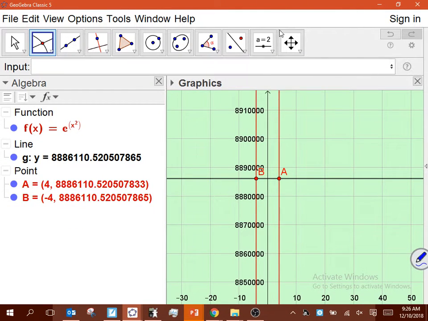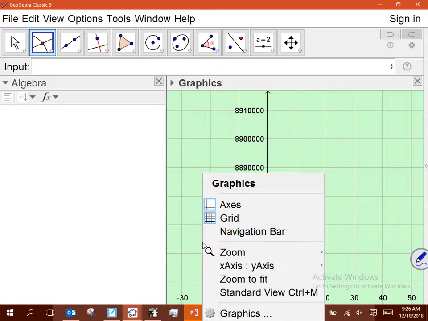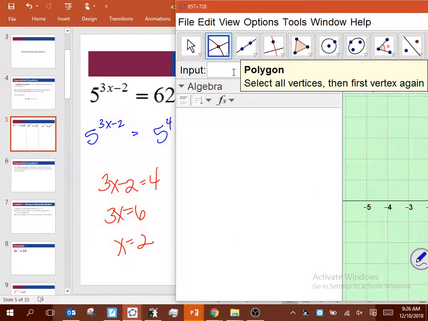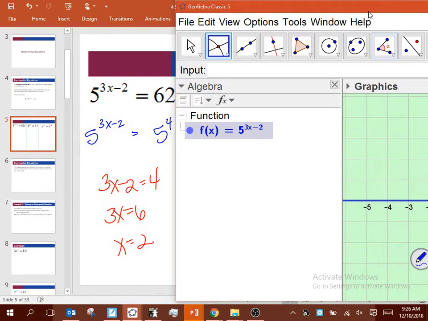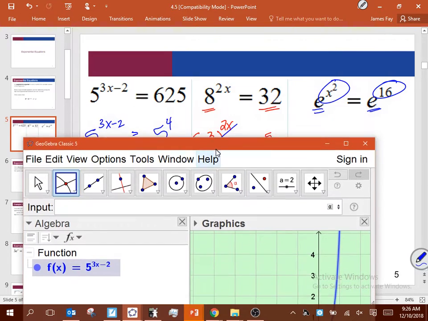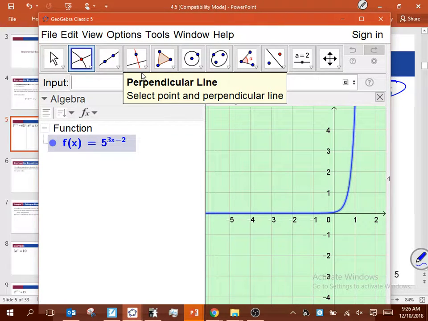But I do want to show you those relationships, even if we go back to that first one where we had 5 raised to the 3x minus 2. So my hope is you realize that that is just going to be our traditional exponential, okay? The parent function is 5 to the x. The 3x minus 2 is going to do some type of transformations to that curve. But then when we want to see when does that equal 625,